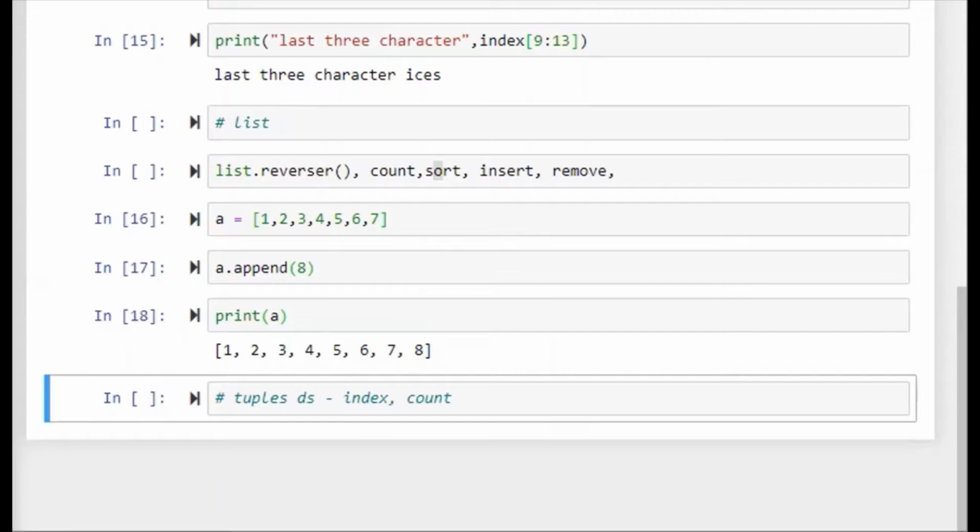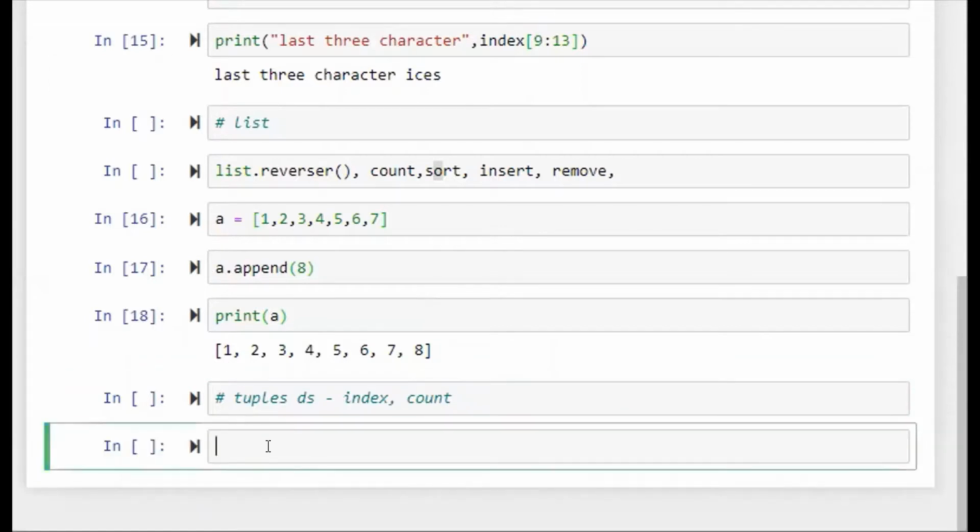Another data structure that is used is sets. A set is an unordered collection of data, meaning not in order.